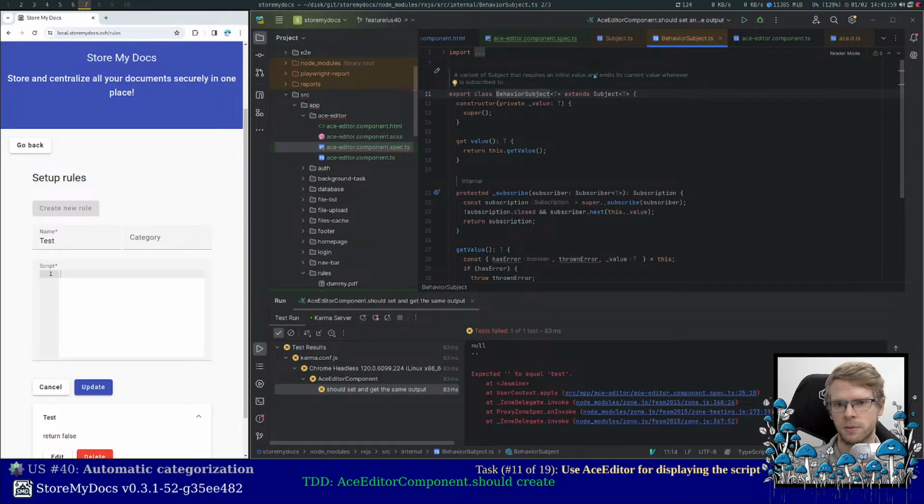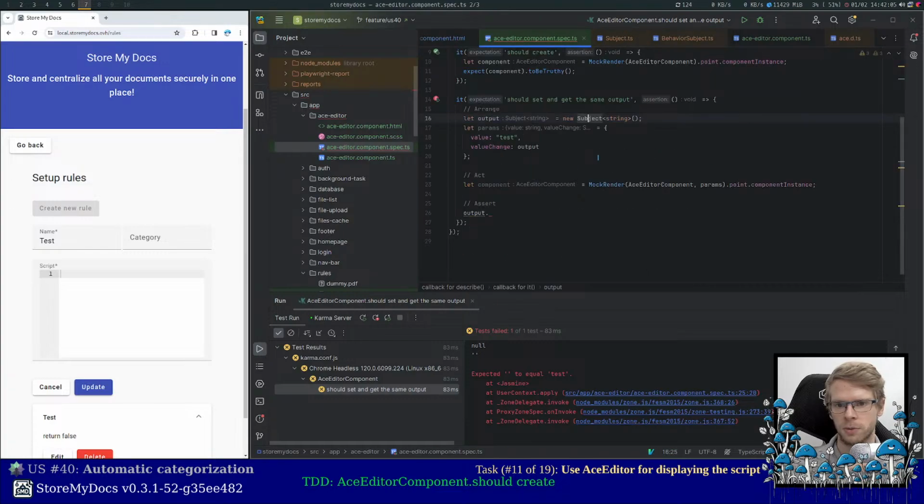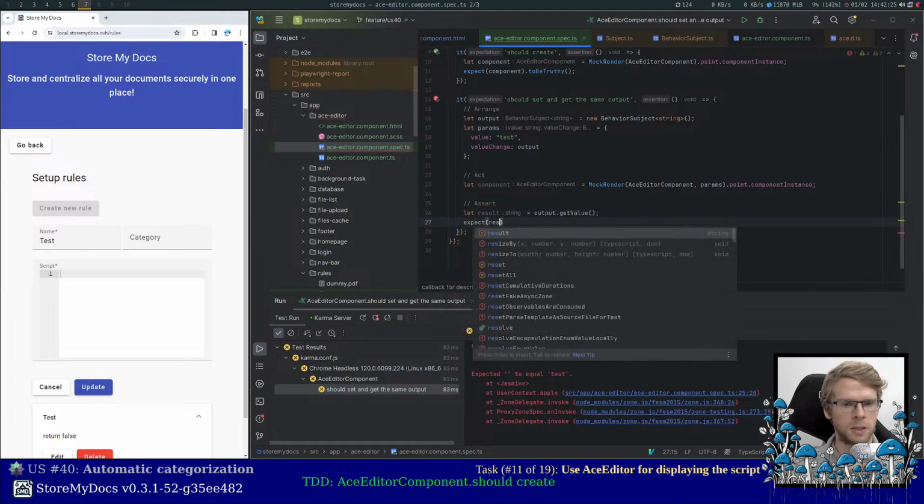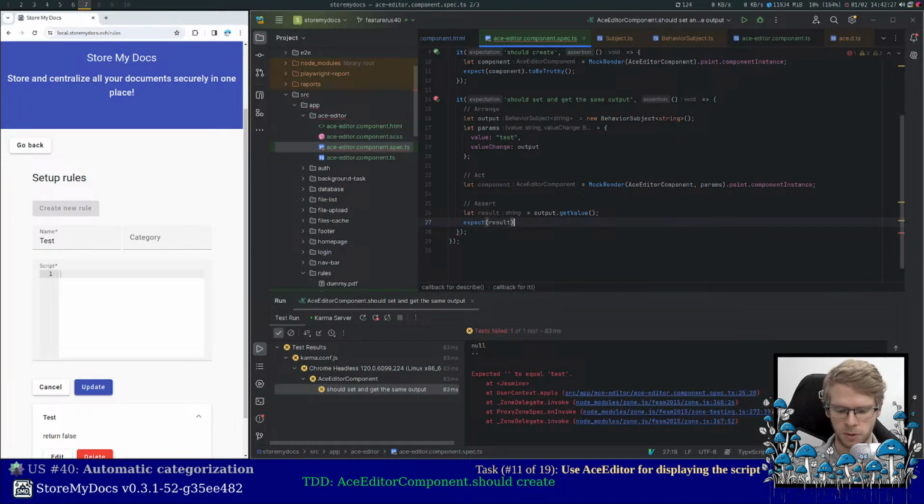Behavior. Yeah, behavior subject is good, because then I can do a get value. Result. Well, we'll simplify this. Expect result to equal